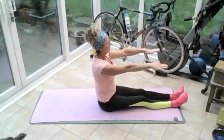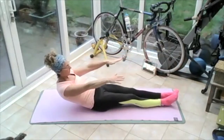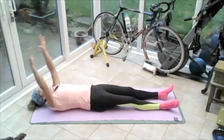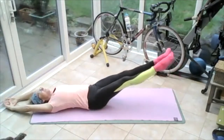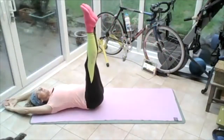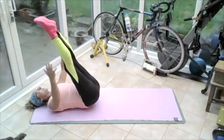Hold here and lower to the floor for 8, 7, 6, 5, 4, 3, 2, 1. Hands all the way over the head. Breathing in, on the out breath, draw in that core, lift those legs up for 8, 7, 6, 5, 4, 3, 2, 1. Keep the legs coming, bring the arms up to the sky, bring the arms all the way